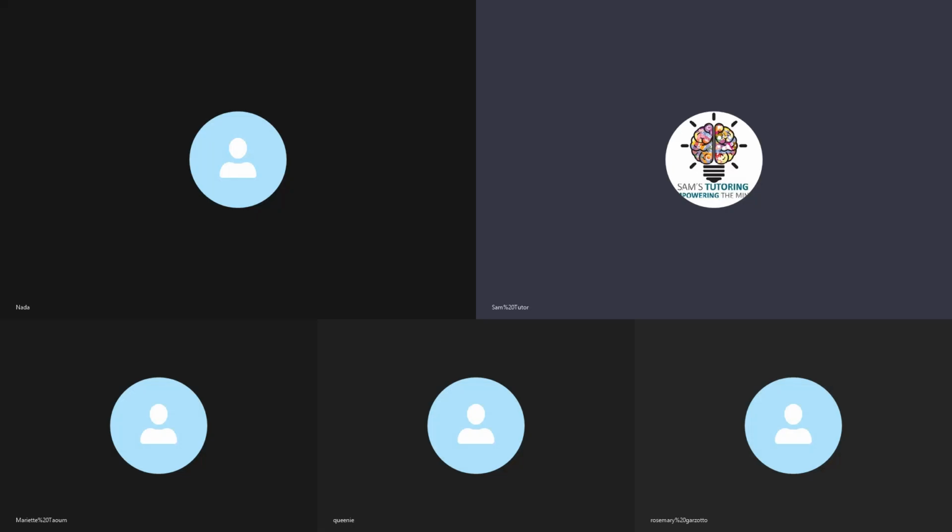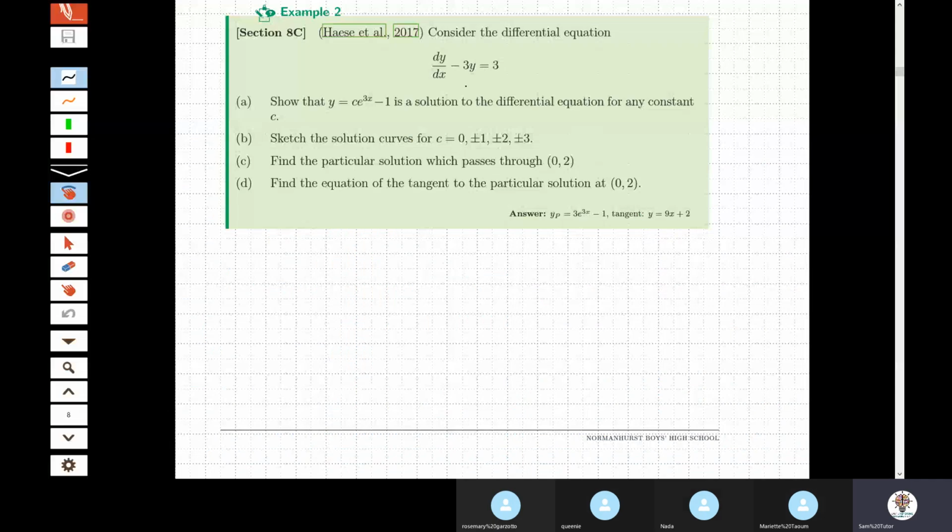Let's do this. Example 2. Consider the differential equation dy on dx minus 3y equals 3. Show that y equals this is a solution to the differential equation for any constant c. Now,